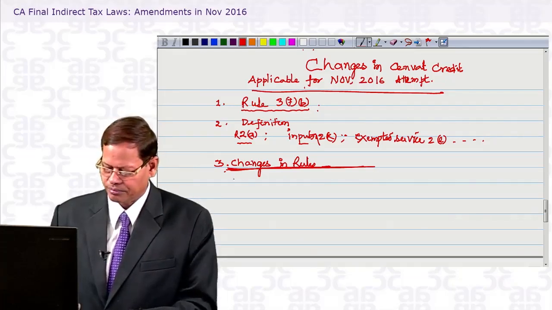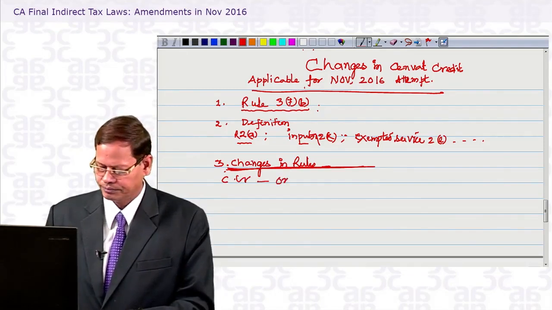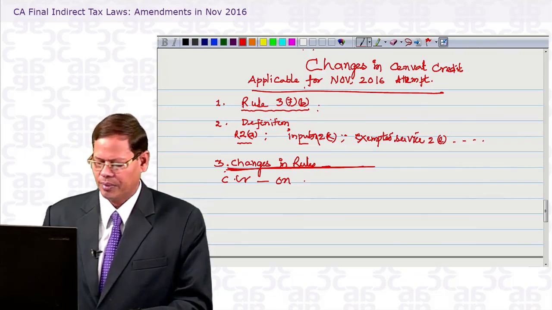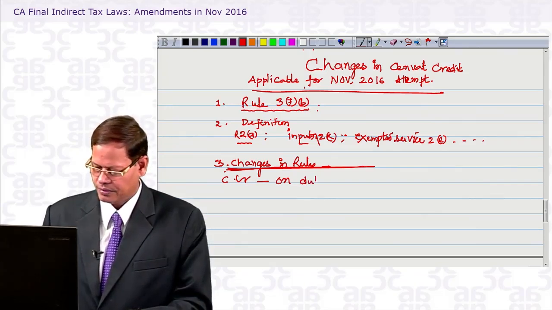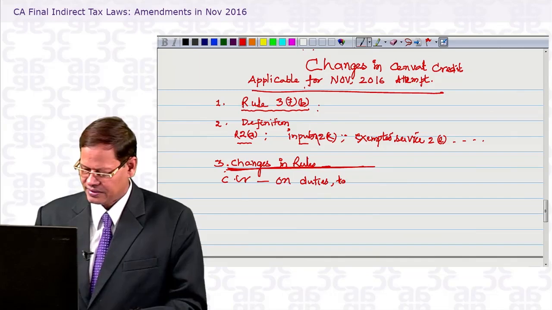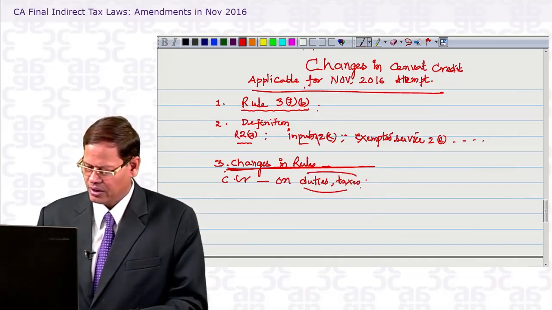That which we know. So CENVAT credit is available on, say, what are the things we pay? Duties, and taxes. These duties and taxes paid on